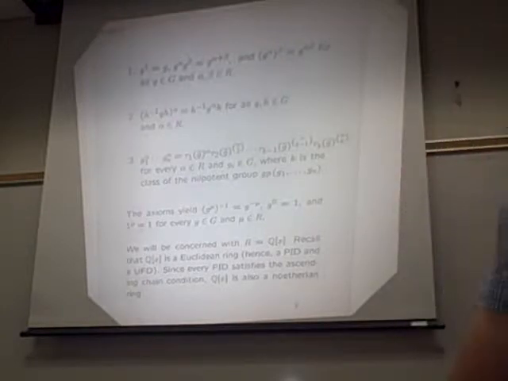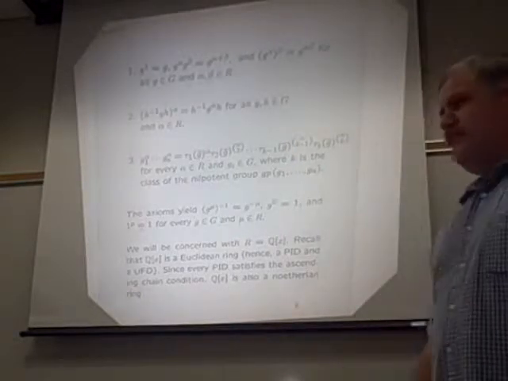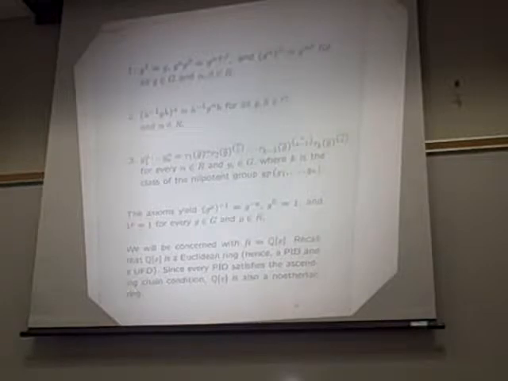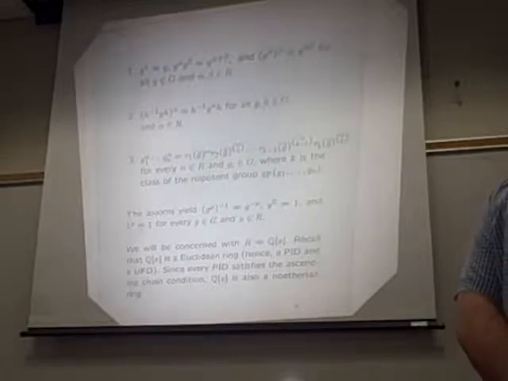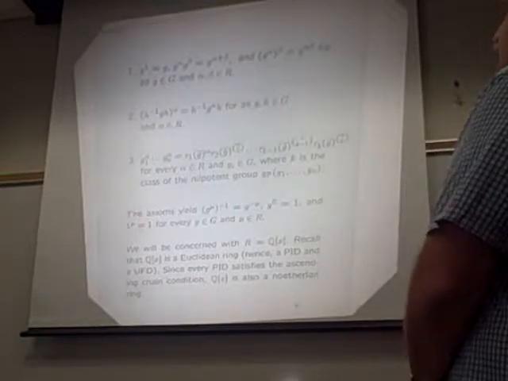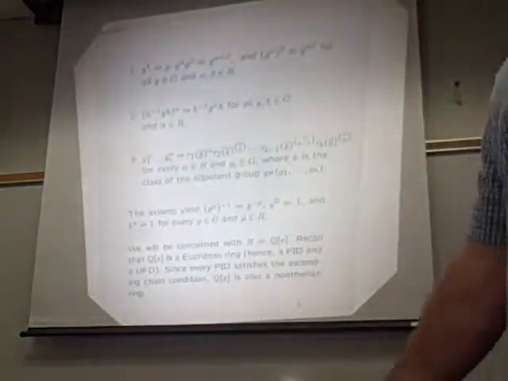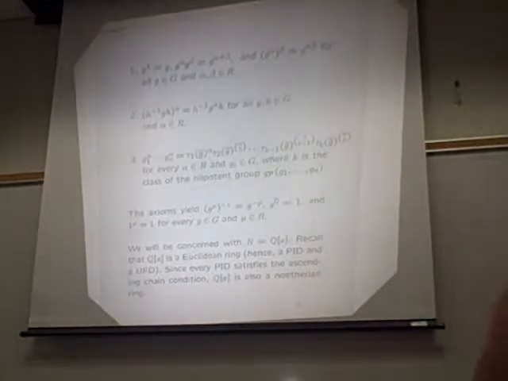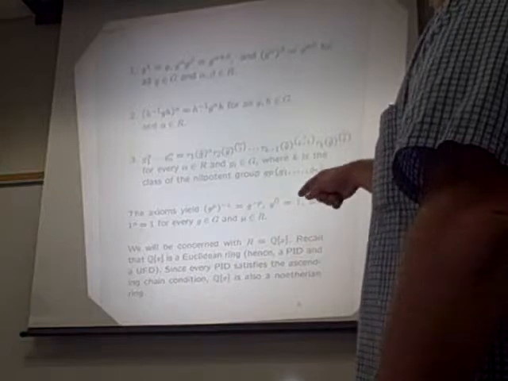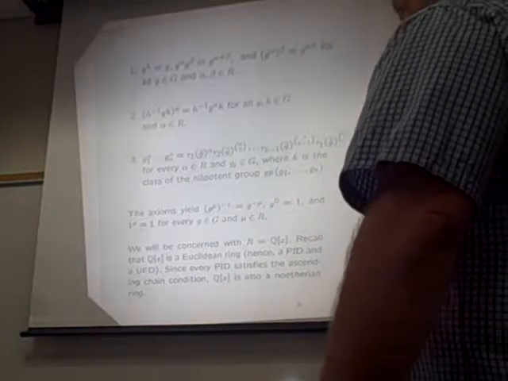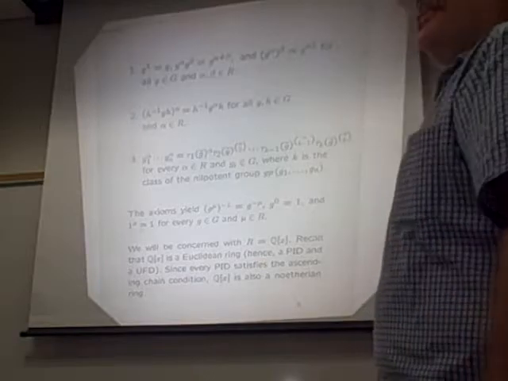First of all, QX is a Euclidean ring, so it has a division algorithm. And once you have that, as you know, you have a PID and a UFD, so life is good. Furthermore, because it's a PID, it satisfies the ascending chain condition, which means it's a Noetherian ring. And that's a very good thing because it turns out that some of the results from module theory can carry over to these groups. As you know, well, maybe you don't know, but I'll tell you, not all binomial rings are Euclidean. Not all binomial rings are Noetherian. For example, let's say we take Q square bracket x1, x2, x3, and so on to infinity. That's certainly binomial, but it's not Noetherian.